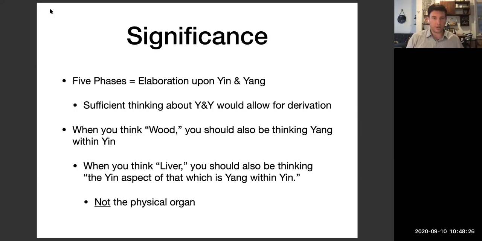But it's a terrible translation. 5 elements give the impression that these are all static things. 5 phases, it's a little closer to phases of the moon. Each one becomes the next one. These aren't static points, they're